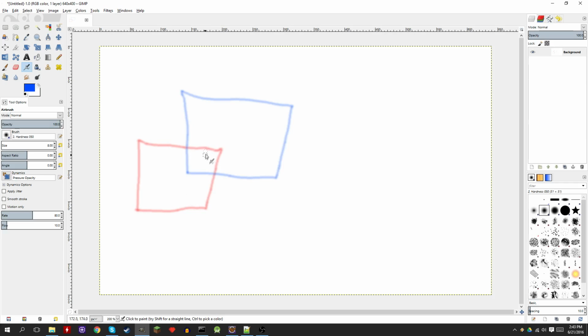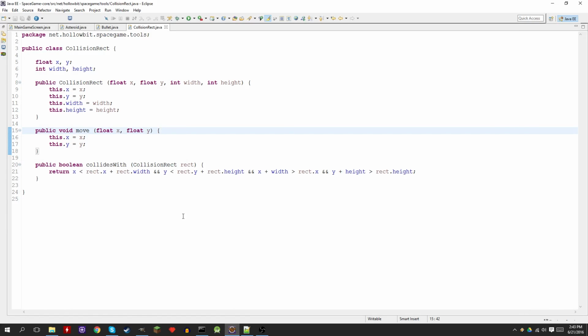Okay, so we need to check if these are colliding. Visually we can see they are colliding, but how can we check using code if it is colliding? As we saw, the first condition: just say the current one would be the red rectangle, and the blue one would be the rect dot one. So if the x of the current rectangle is less than the x of the blue rectangle plus the width